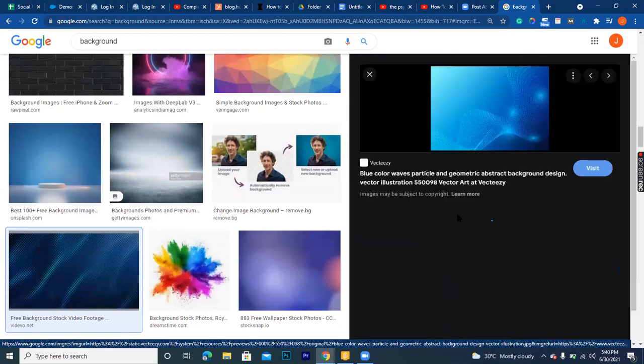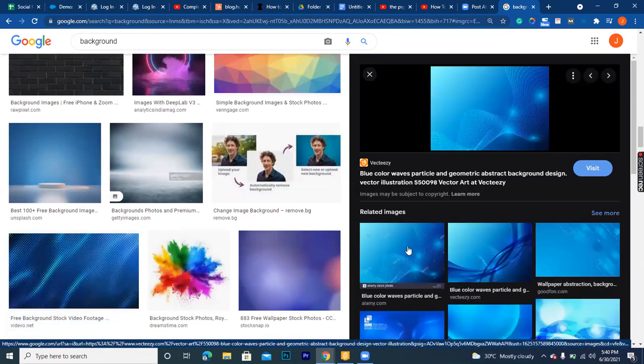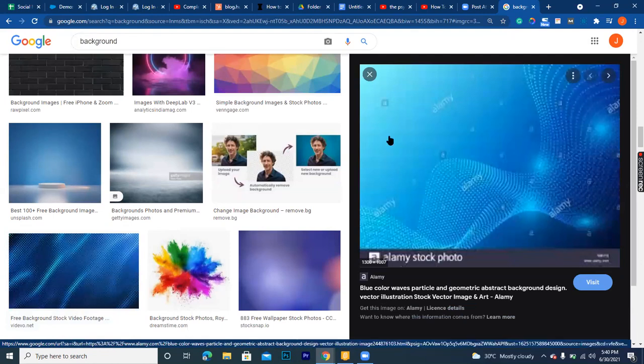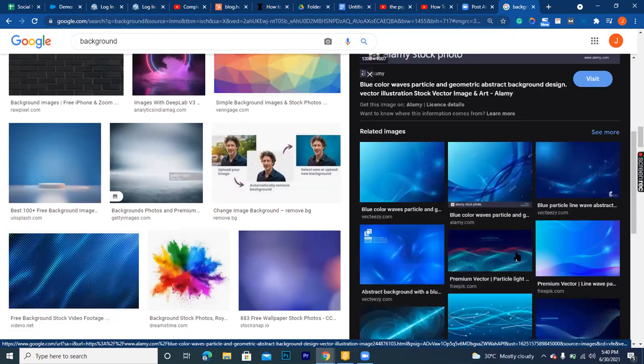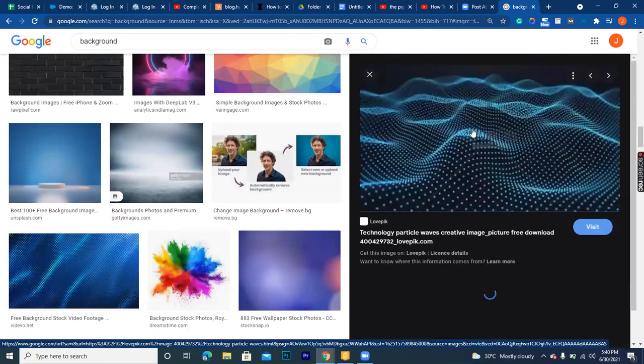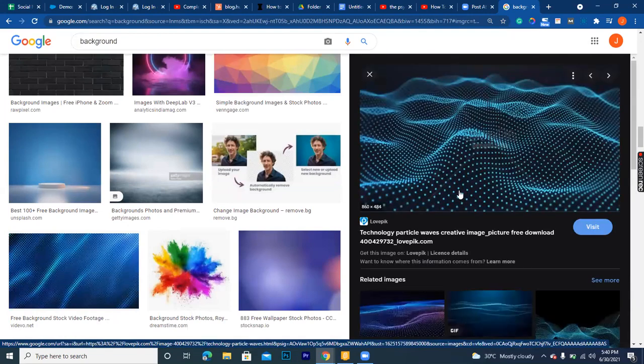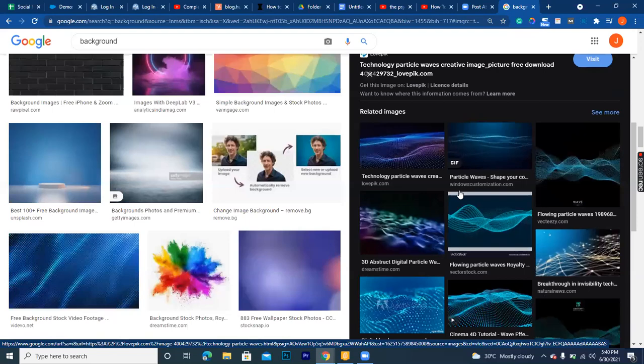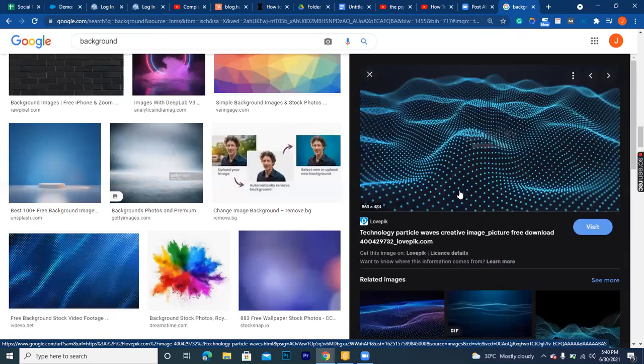You don't necessarily have to select the one that is blue. And watch out, don't select anything that has a watermark on it. You can look for free stock images that you can use. Having a blue background, if you don't know how to use it, will make the whole thing boring to the eye.